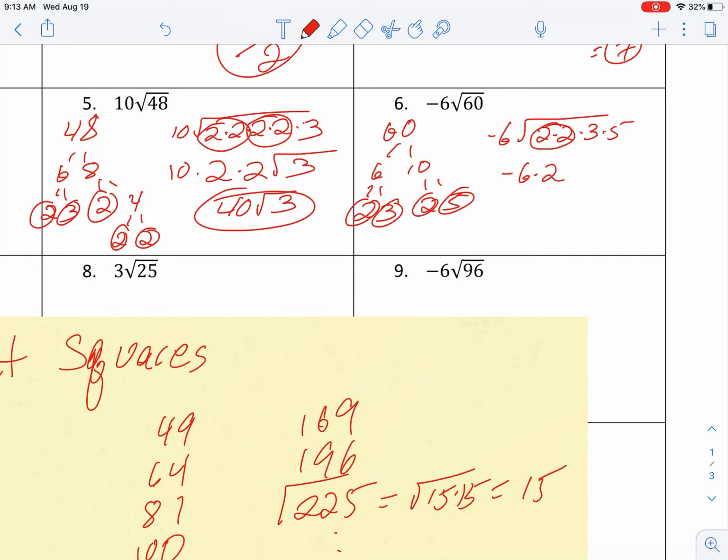I had a negative 6 out there. 3 and 5. Well, it's not the same numbers, so they do not make a pair, so they stay underneath. Now clean that up. Multiply everything back together. Negative 6 times 2 is what? Negative 12. And 3 times 5 is 15. And that's as far as we can go. That is now simplified. I'm going to pause at